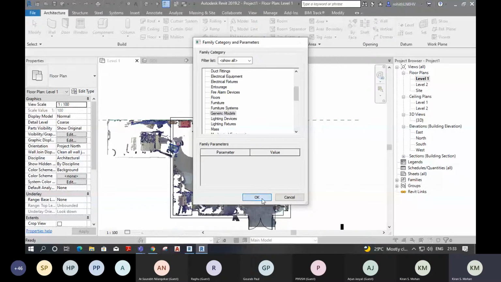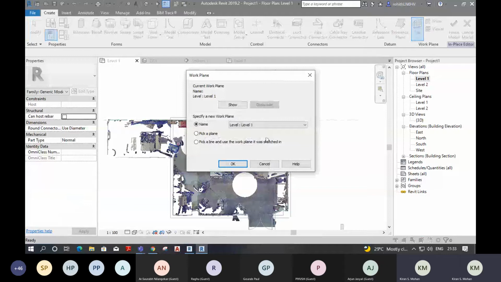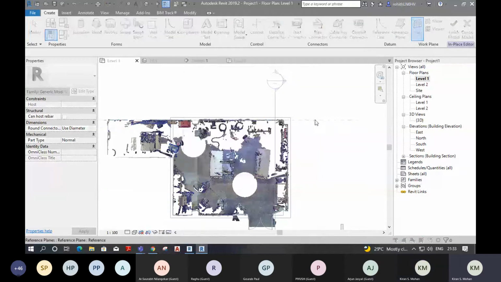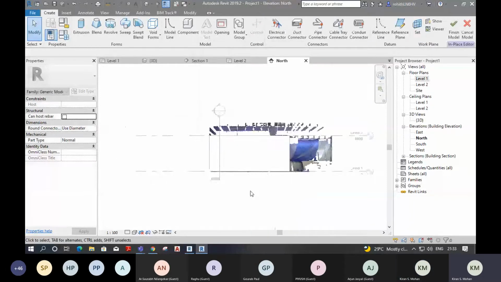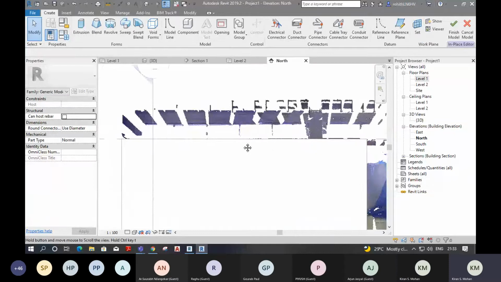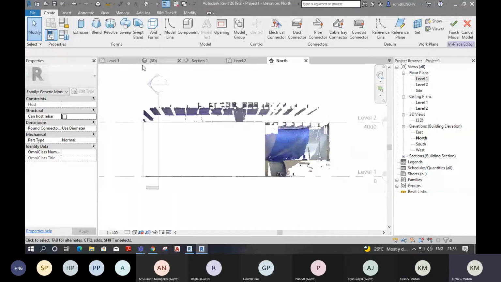Here you can see the joist. Move a little bit, otherwise you will not be able to see that.